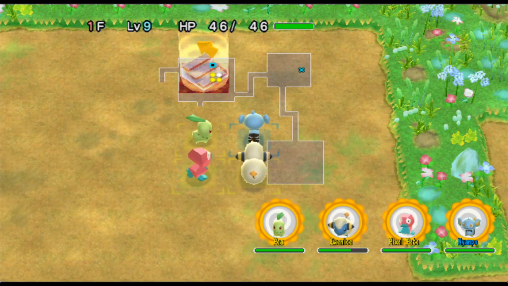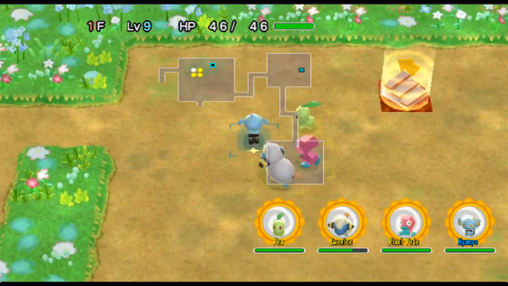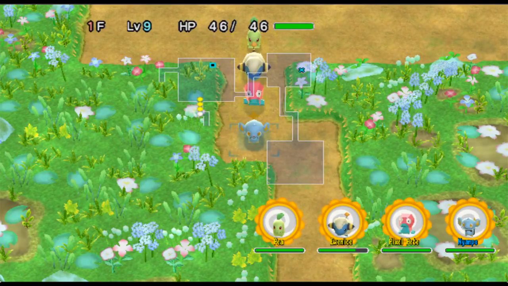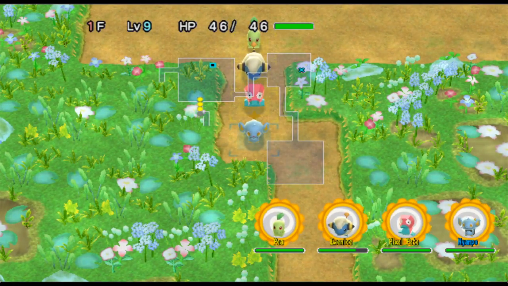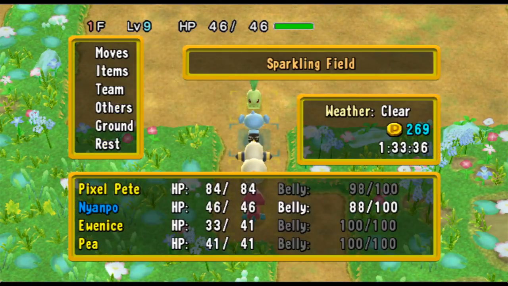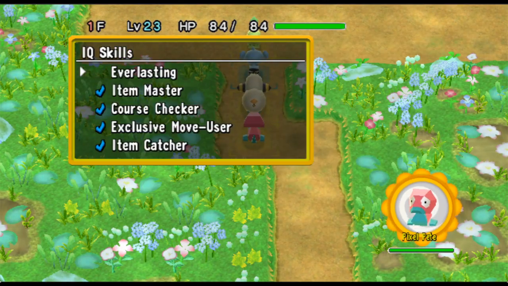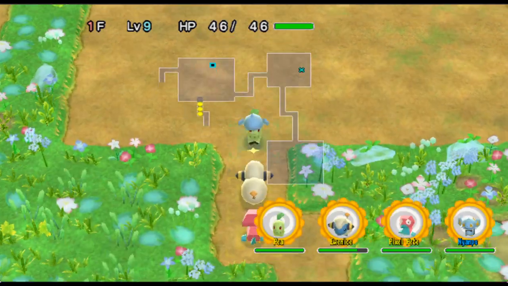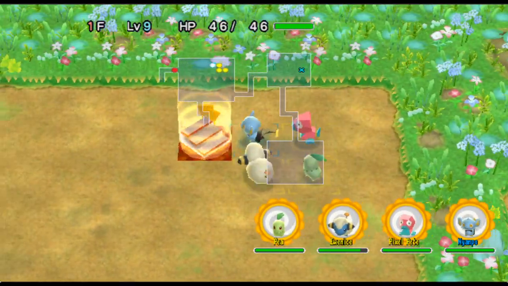Yeah, as Ape is pointing out, its regular attack should still hit decently hard. But referencing it just spamming Recover when it was already on full health, Pixel Pete isn't very bright, it seems. Be sure to turn off exclusive move user IQ skill on Porygon. Okay, that's good to know. So team Pixel Pete, IQ skills, exclusive move user off. Okay, now it won't spam those useless attacks that it has. But I also switched them all off anyway, so...